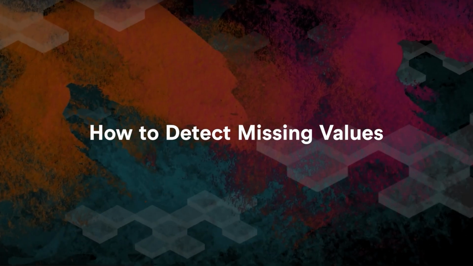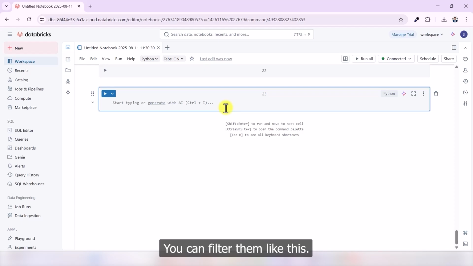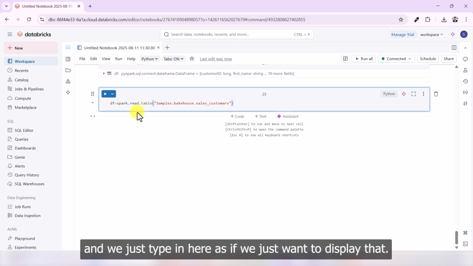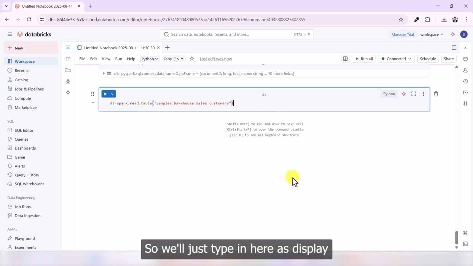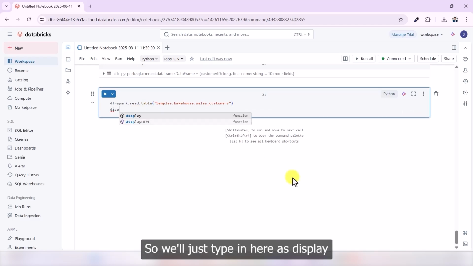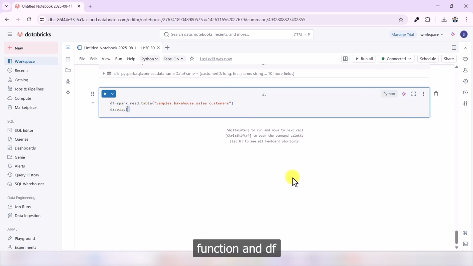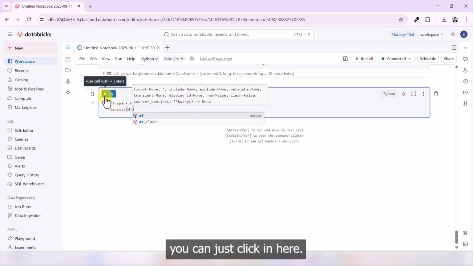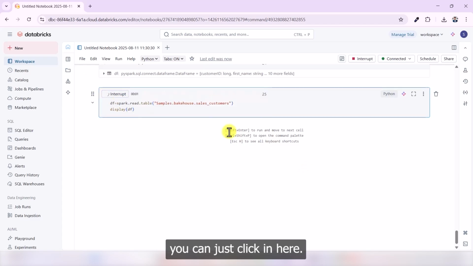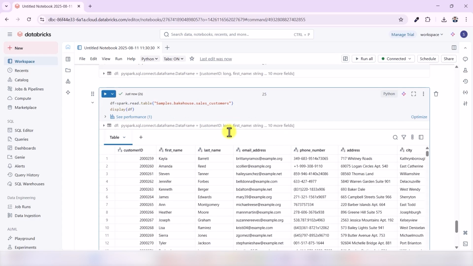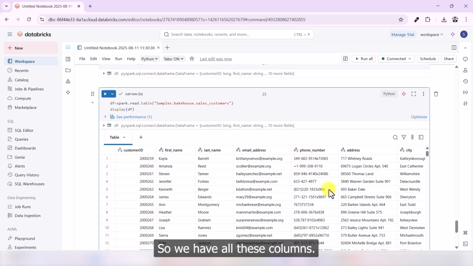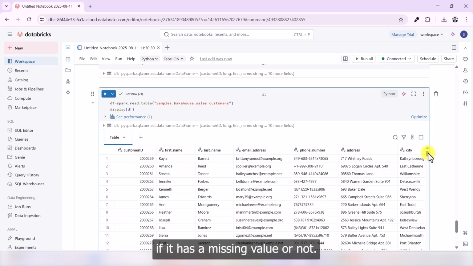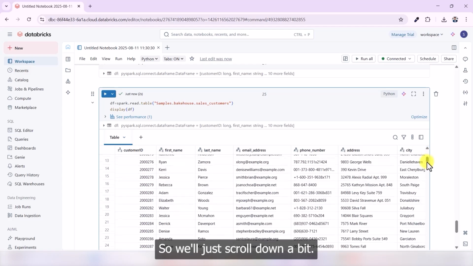How to detect missing values? You can filter them like this. First of all, we'll implement this on another table, and we'll just type in here the display function and df. So when we run this line of code, you can just click in here. So we have all these columns, and for example, if we just want to go with customer ID to check if it has a missing value or not, we'll just scroll down a bit